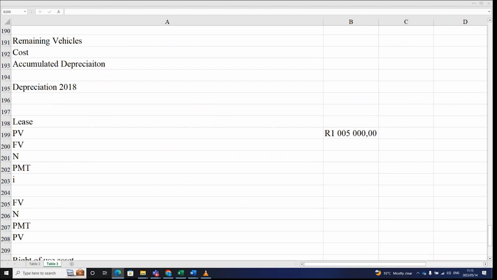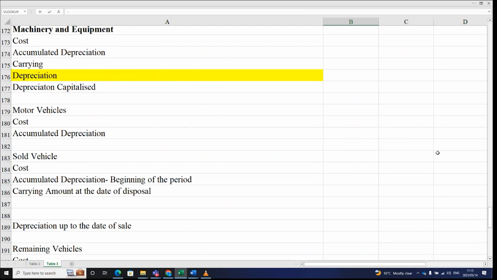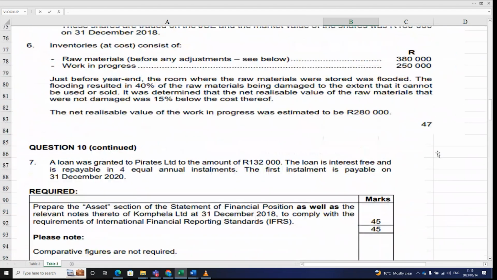The standard defines the unguaranteed residual value as the portion of the residual value of which the lessor is not assured. So in this case, the residual value of the asset is then 400,000. Okay. Right. Then the lease period is 4 years. Okay. Then the payment is, I think at the top there, it was